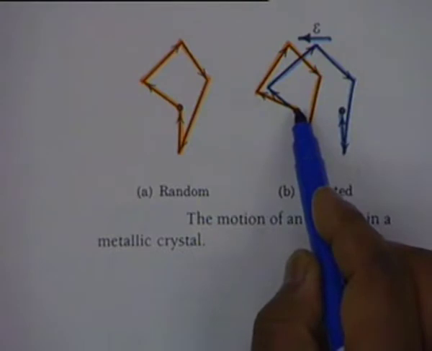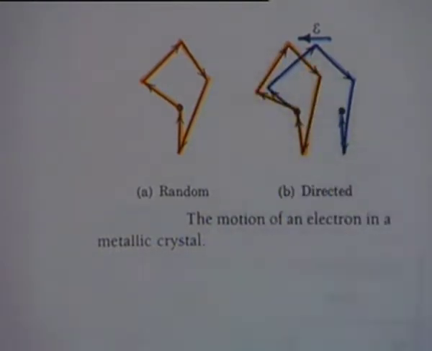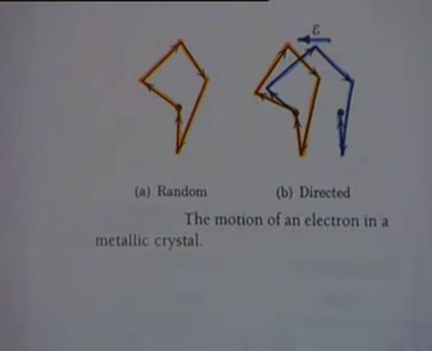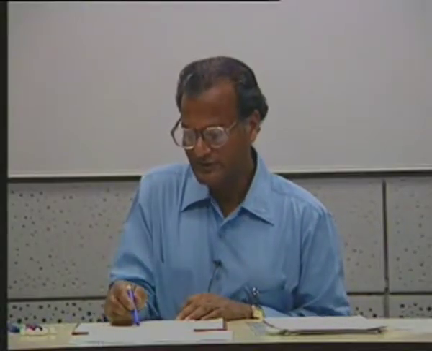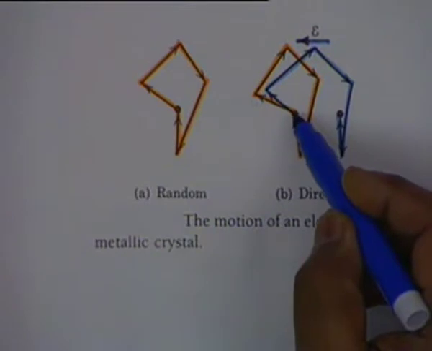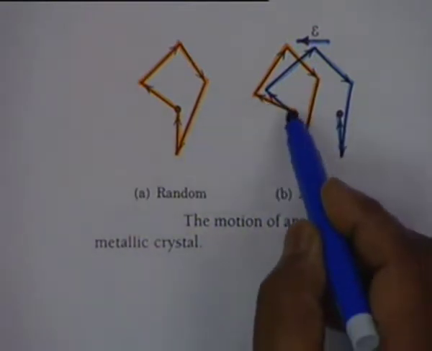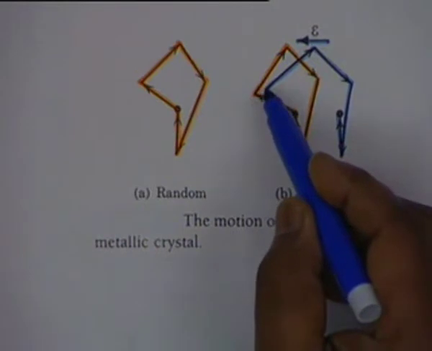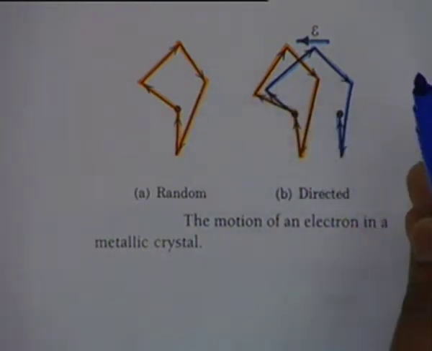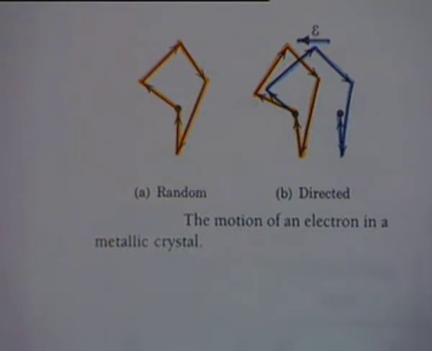Without electric field, the path is shown by this yellow line. With electric field, there is now a bias. There is a small velocity contributed by the electric field. Actually, the electric field contributes to an acceleration in the direction opposite to that of the electric field. The electric field is in this direction. If it was free motion, the electron would go like this, but it follows the blue path. There is a slight tendency to go opposite to the direction of the electric field,